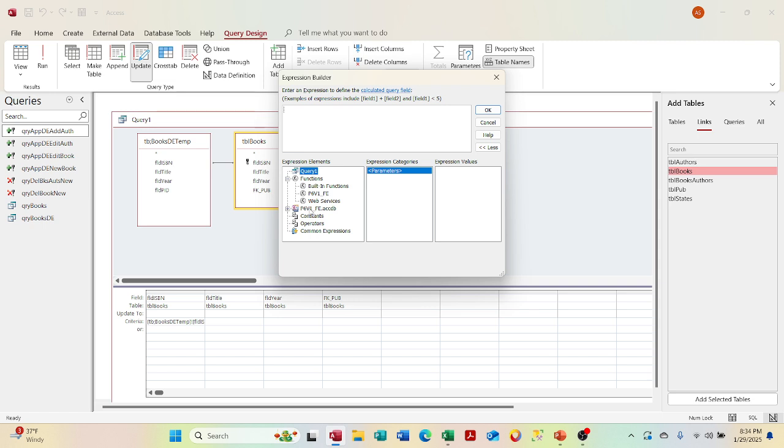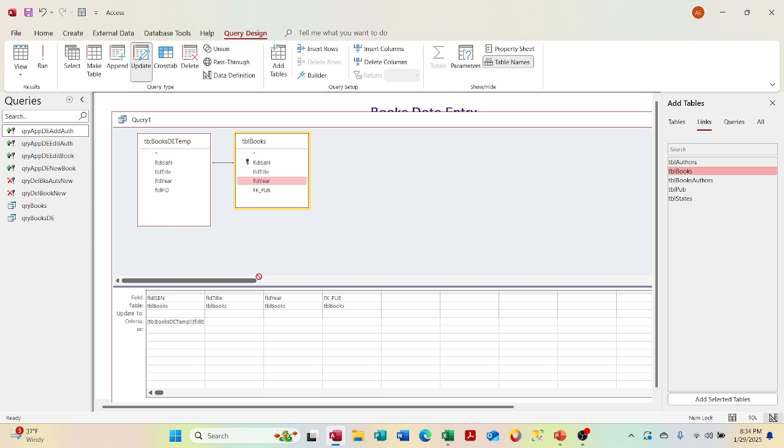Let's see if we can. See if we can drag it in. We got 2 years in here. No. I went the wrong one. Let's go see if we can do it in here and drag it into here. No. Okay, we can't. So we're going to have to, on the update, as I remember, go to build and